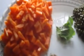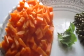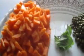Today we are going to make carrot green lentil vermicelli pasta. A very nutritious and great breakfast diet recipe. The ingredients are carrot 100 grams,